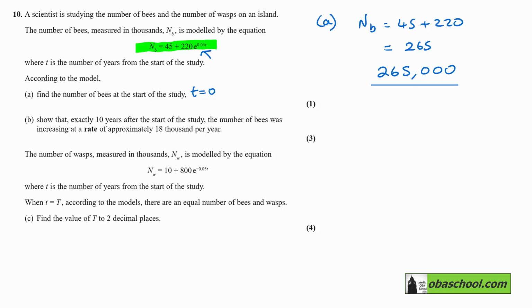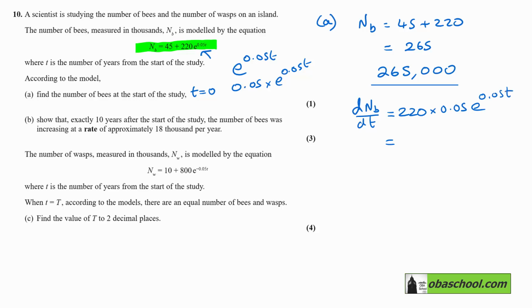Part B. Show that exactly 10 years after the start of the study, the number of bees was increasing at a rate of approximately 18,000 per year. So now we're going to need to differentiate. dNB dt. Well, the 45 is going to disappear. So it's going to be, remember to use the chain rule here, e to the 0.05t. When we differentiate it, we'll get 0.05 times e to the 0.05t. So we're going to have 220 times 0.05 e to the